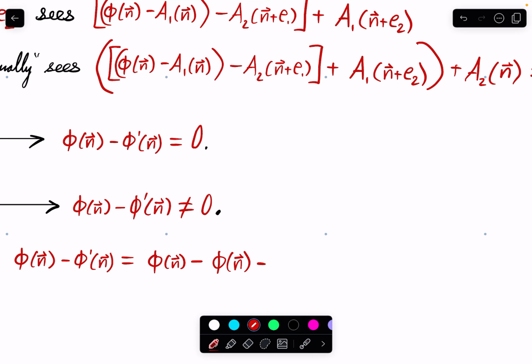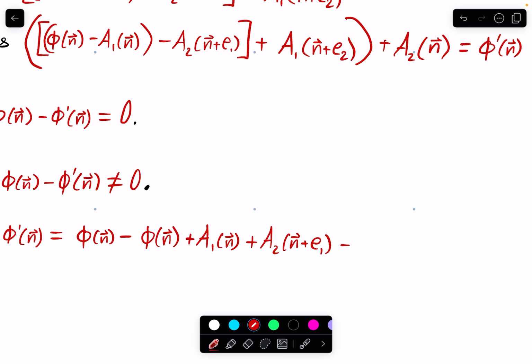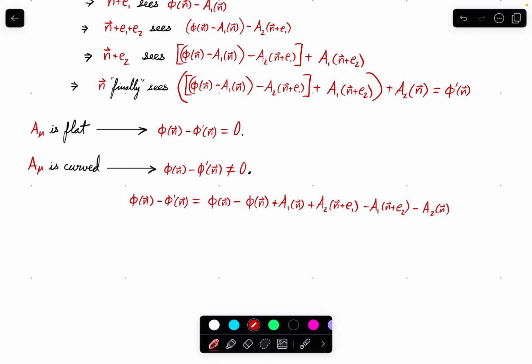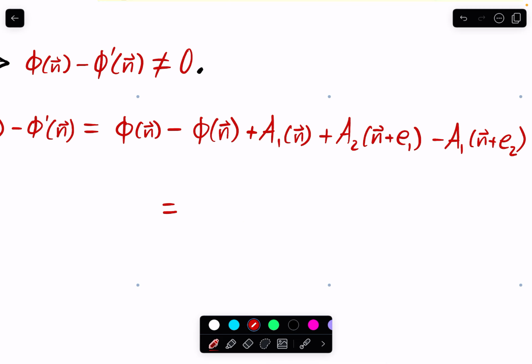So we get minus a negative, so we get plus a1 n, then minus a negative a2 n, plus E1, and then minus a positive, so A1 n at E2, then minus a positive, so A2 n. And then we can cancel out this and then rearrange these terms, and we get